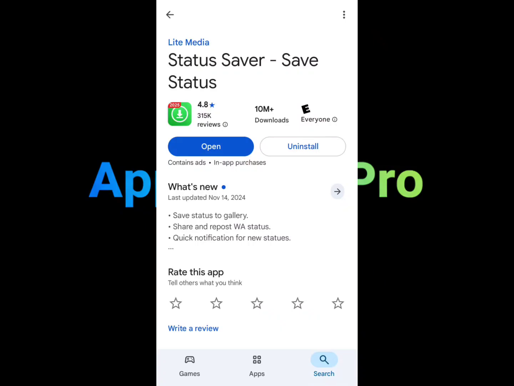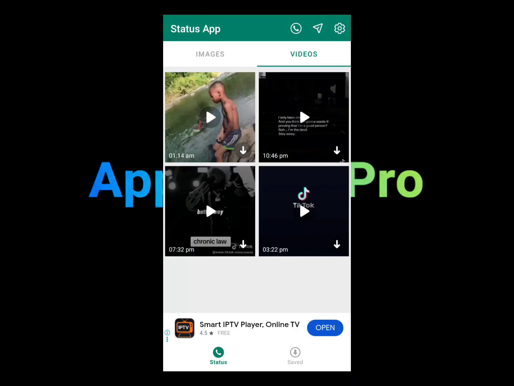How to use this application here to save anyone's WhatsApp status or video that you have posted. Stay tuned. Here, this is pretty much the home screen of the application, and once you have opened the application,